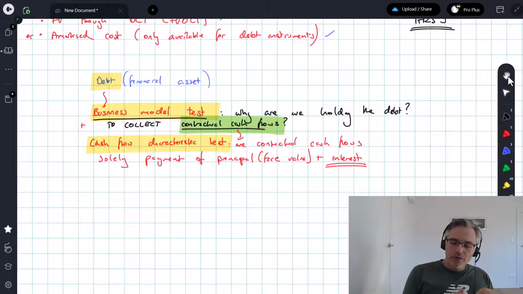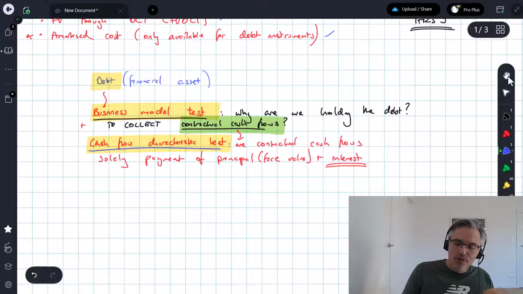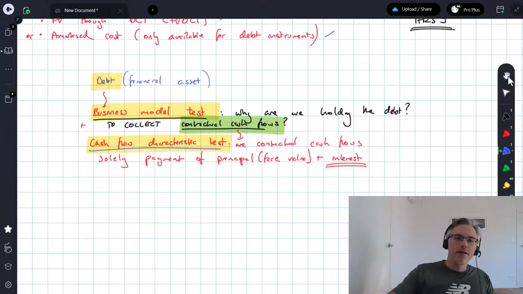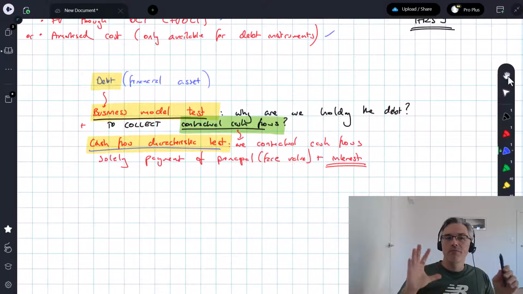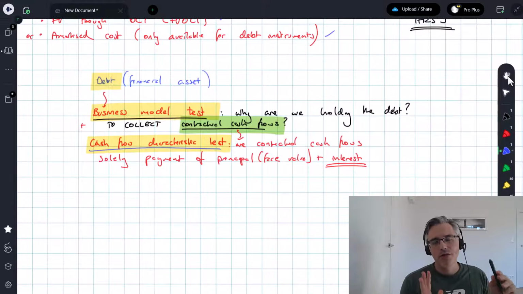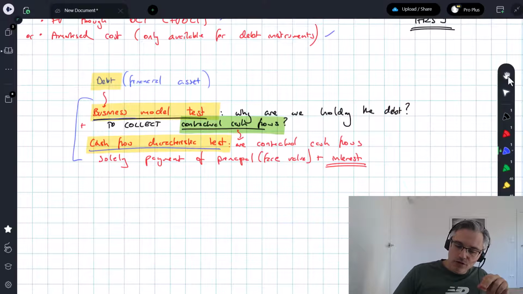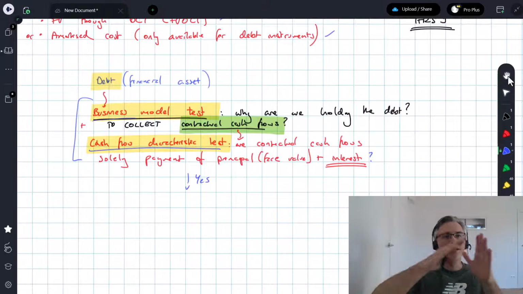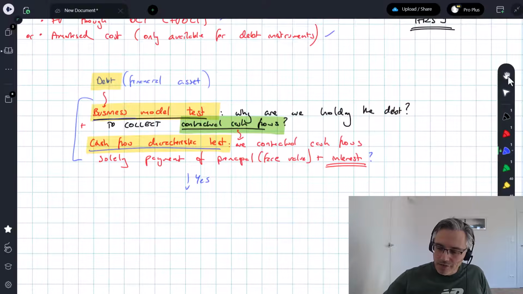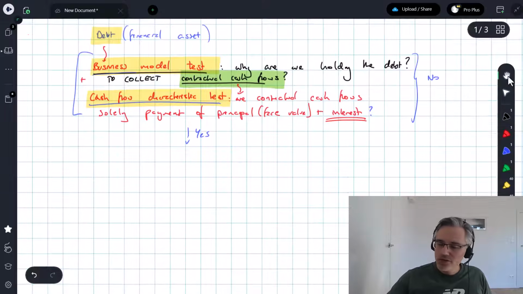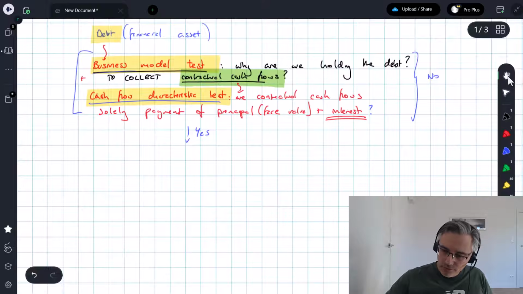So with this cash flow characteristic test, as long as you've got a classic debt security paying either floating interest or fixed interest, but something that is reasonably described as interest, you've got yourself a bond that meets the criteria, but you still need to think about, why am I holding it? If the answer to both these questions is yes, you move down in a sort of decision tree, but if any of the questions have been answered no, just one would be enough, we shoot